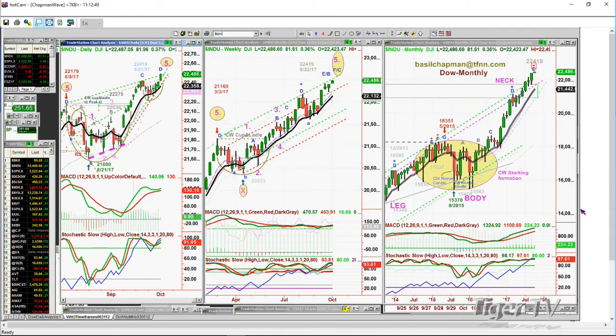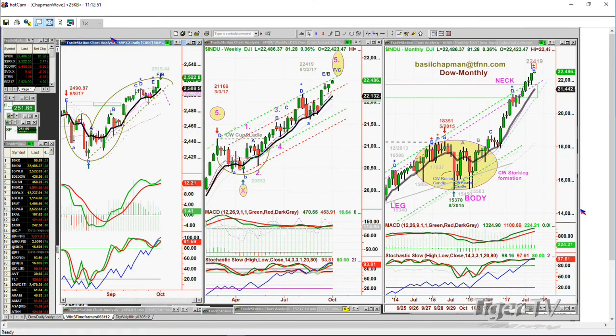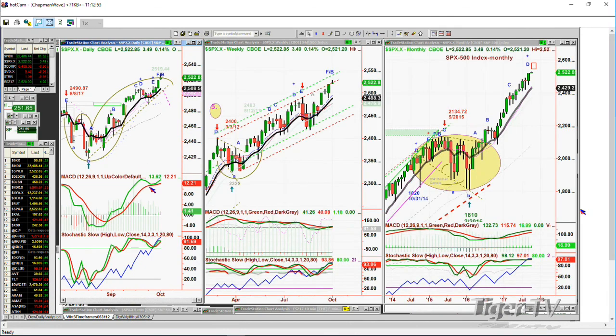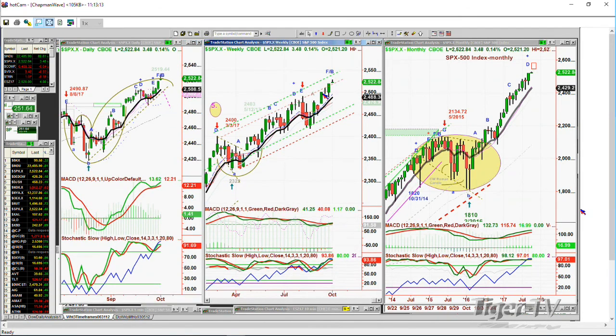S&P extended, gone to a leg F/B, same pattern in the MACD, M formation, stochastic, same thing, on balance volume, both in the Dow and the daily. S&P is saying, hey, on balance volume is getting really extended. Watch out for some kind of a consolidation coming soon. But in the weekly chart,